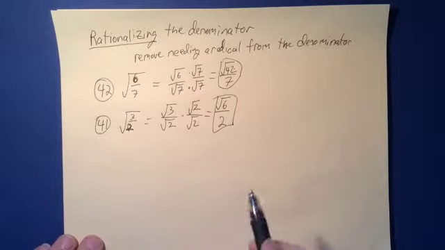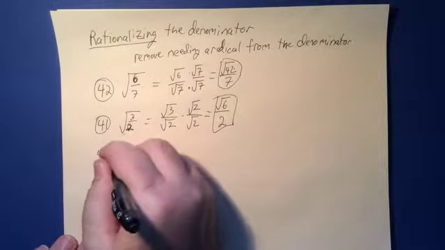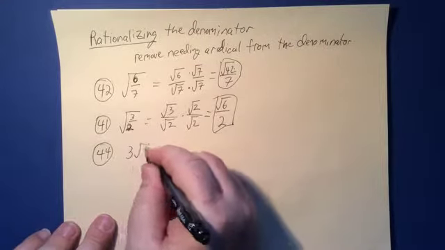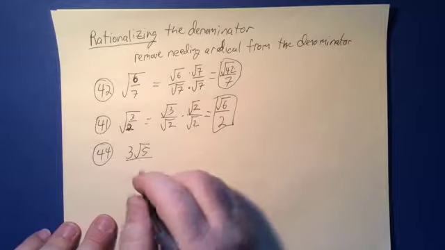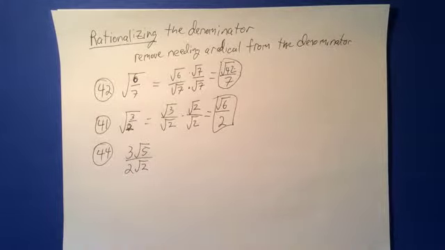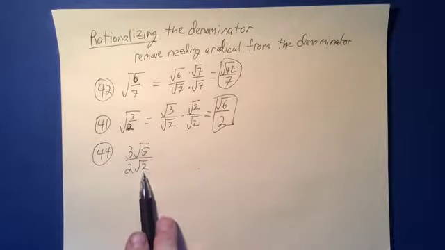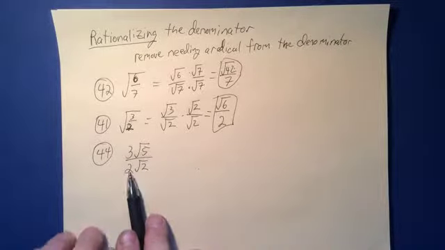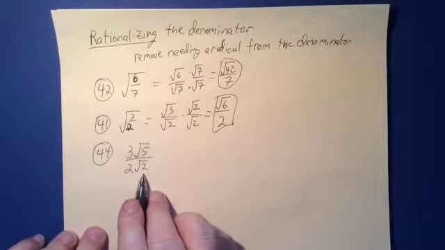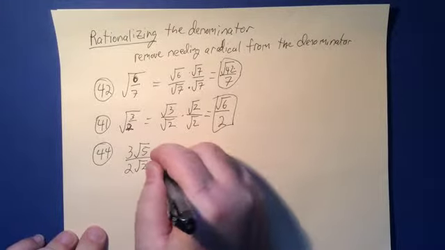Let's take a look at a few of the problems. Not so difficult, but they just reinforce this concept. Here we have 3 radical 5 divided by 2 radical 2. There's no problem with having a 2 below here, but the radical 2 is an issue. So since we have a radical 2 here, we want to get rid of that, so I'm going to multiply the top and bottom by